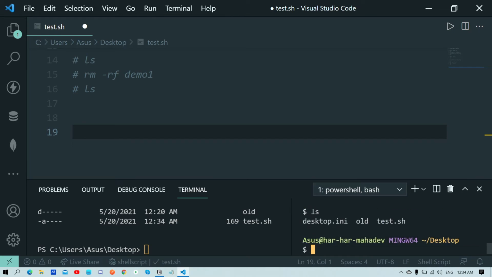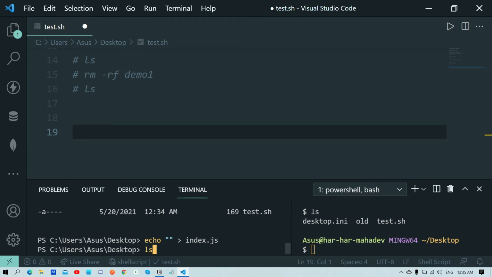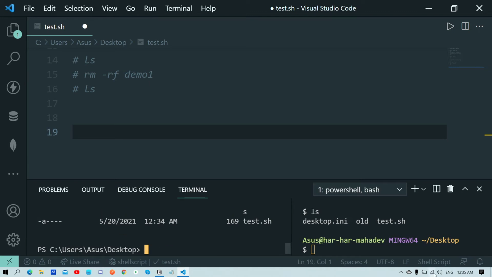So there is no index.js file, so I'll create an index.js with the echo command, echo empty, and name your file index.js like this. It will automatically create an index.js, and you can see it over here as well.